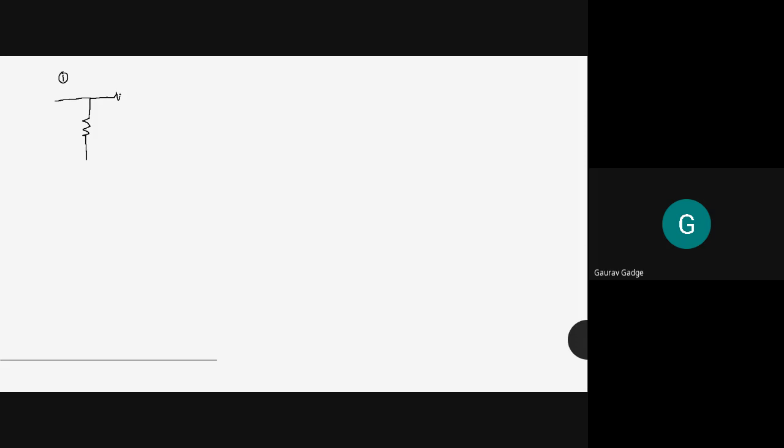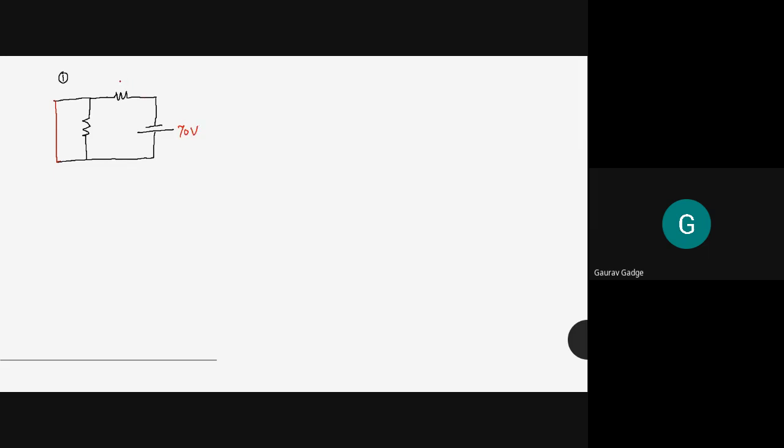In this pattern, there is a source present. Then there is a short circuit across one of the resistances, and the values of resistances are, let us say this is your 70 volt DC source,